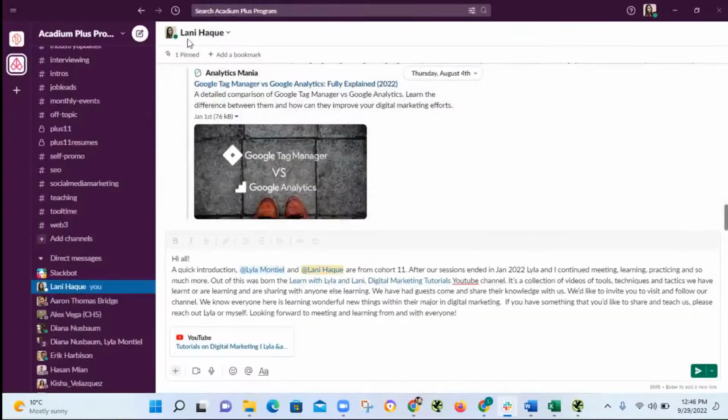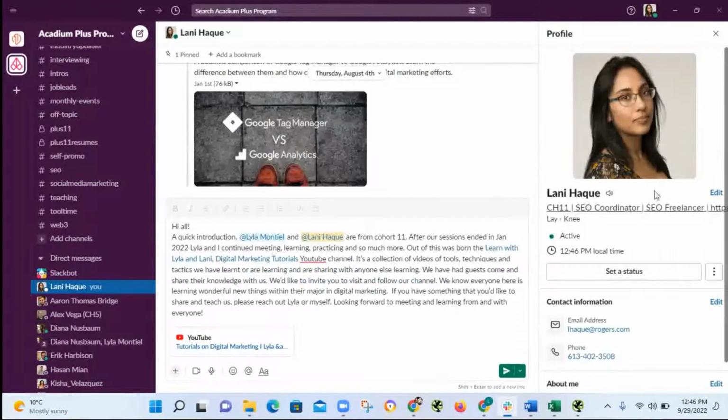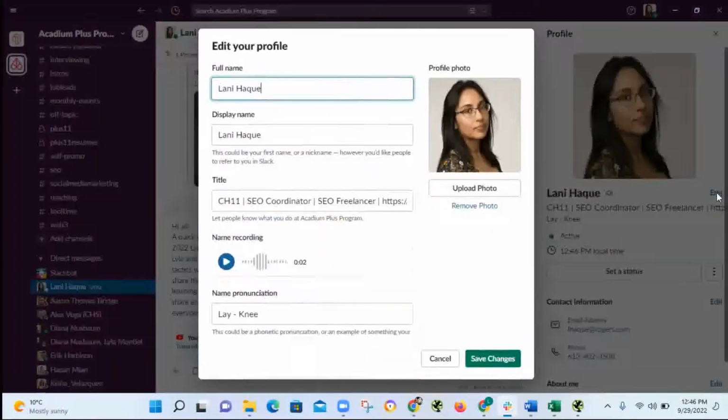So I guess the first thing you want to do is actually go to your profile. I believe you can do it up here, profile. All right, so you see it on the right-hand side. So we click edit, and then you can do a number of things. You can upload a photo, which is suggested, include your name, but also your display name, which could be different,